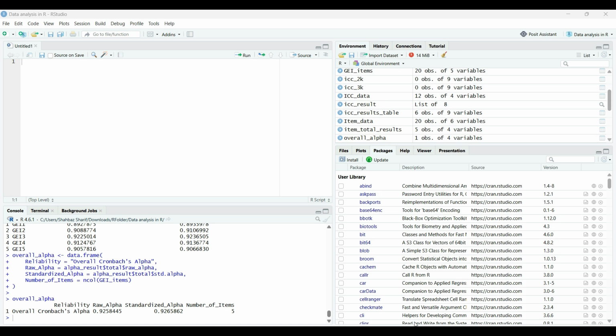So in this video, you will learn how to perform scale scoring and reverse item analysis in R. Reverse item analysis is essential when a questionnaire includes negatively worded items. Before calculating total or average scores, these items must be reverse coded so that all items are scored in the same direction. In this tutorial, you will learn what scale scoring means, what reverse coding items are, why reverse coding